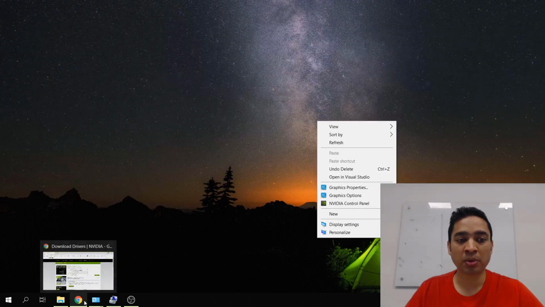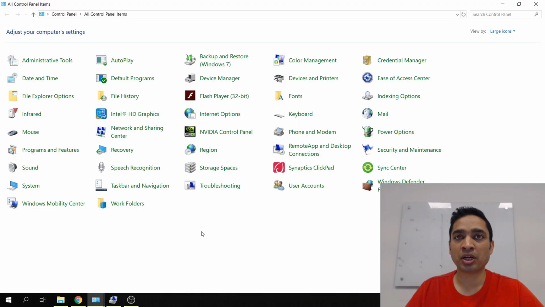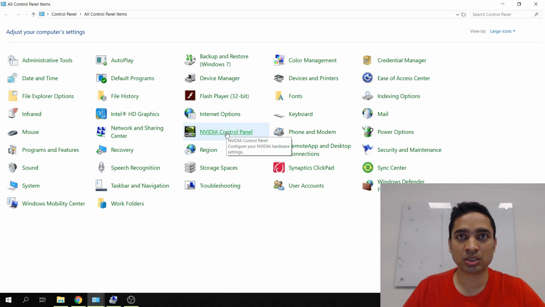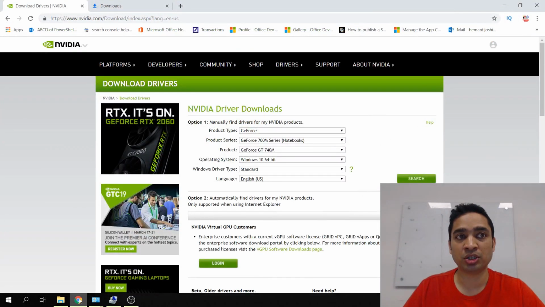Even when I went to the control panel, my NVIDIA control panel was not coming up. So this means maybe the drivers are installed but this control panel is not set up on your system, so you need to install the NVIDIA control panel setup. For doing that, you need to go to the NVIDIA graphic card website,